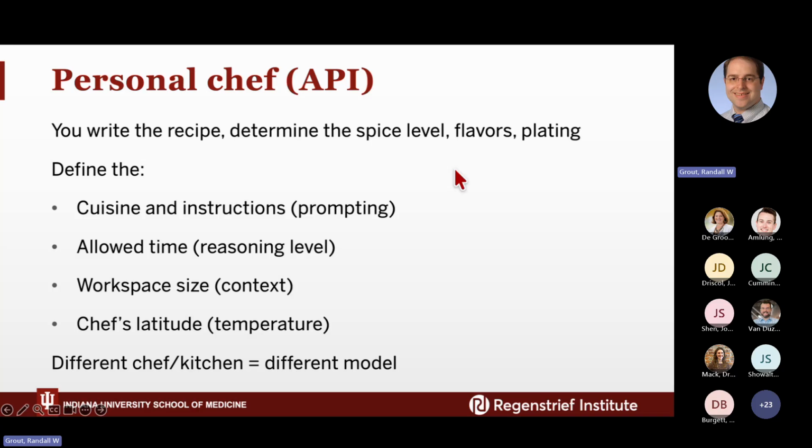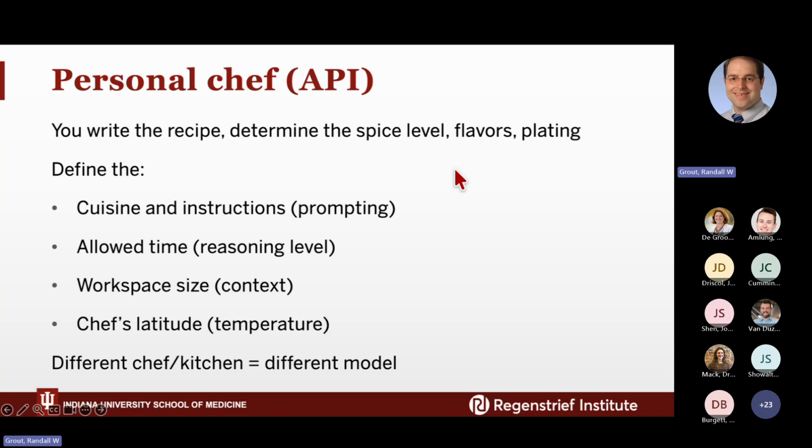You could go to a different model, and it could be performing differently, even if you give it the same cuisine, instructions, allowed time, workspace size, and ingredients. If you go to a different chef or kitchen, you could get a slightly different dish. Similarly, if you use a different model, it could occur differently. Like if you're using one of the OpenAI models, or a Claude model, or a Qwen model, or all these other different ones, or DeepSeek, you can provide relatively similar, or even the same inputs and still get something a little bit different back.